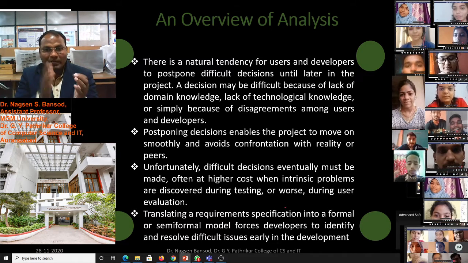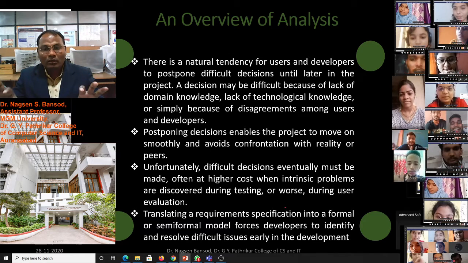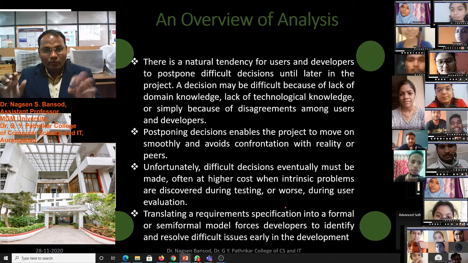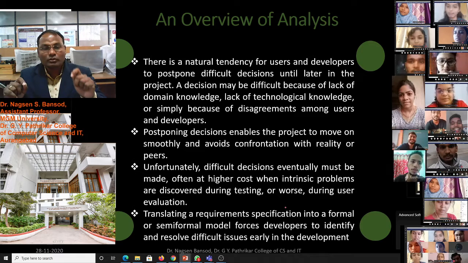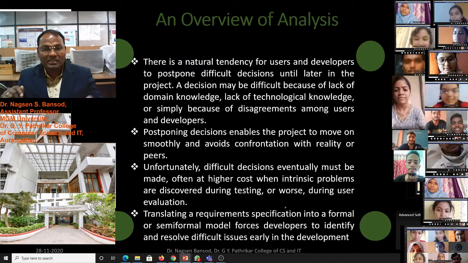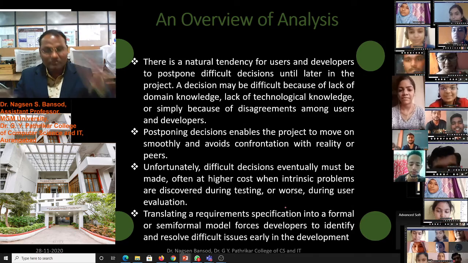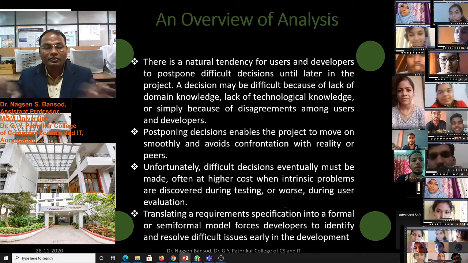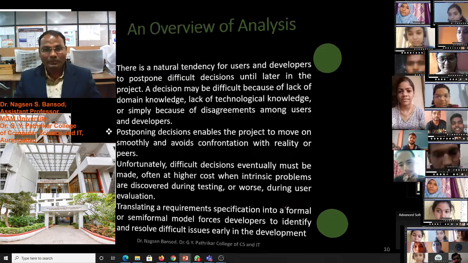We have to break the problem into small objects and use heuristics or experienced developers in the design or analysis of those difficult objects.